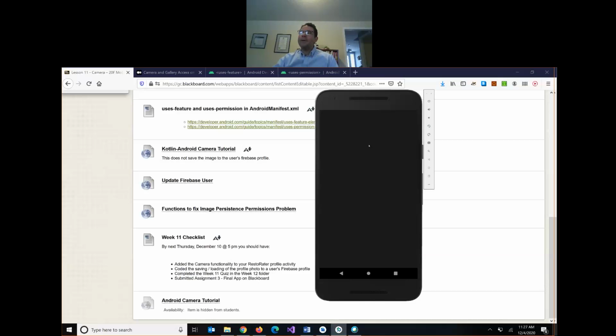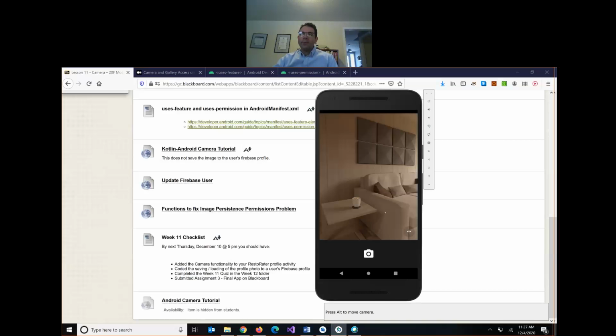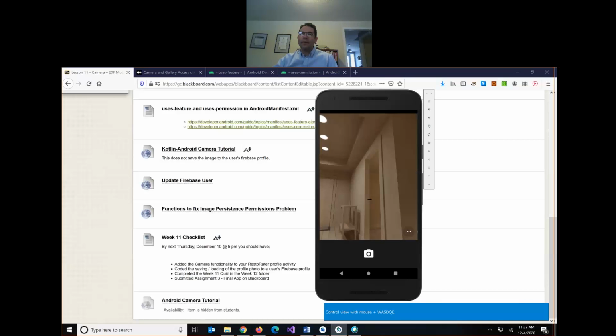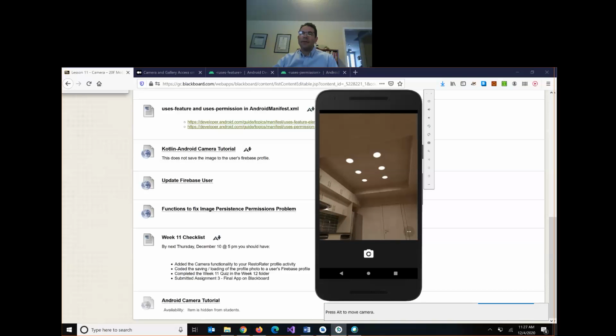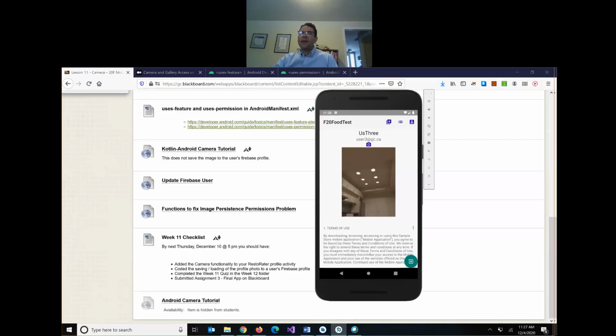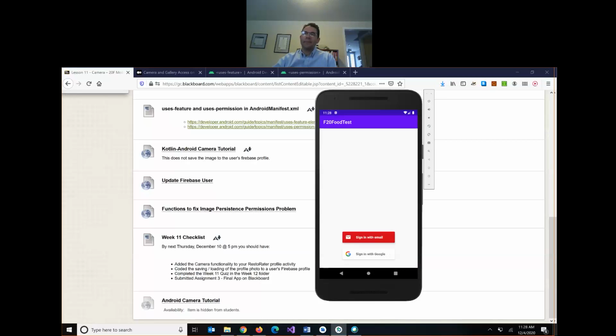So this brings up the emulator camera, and I can use my mouse and the Alt button and move around. There's a lovely photo of some pot lights in the ceiling. So when I save it, it now displays that photo in the image view. But it's also persisted this photo to my Firebase profile. So if I navigate, leave the form, come back, it's still here. And if I log out entirely of the app and sign back in,